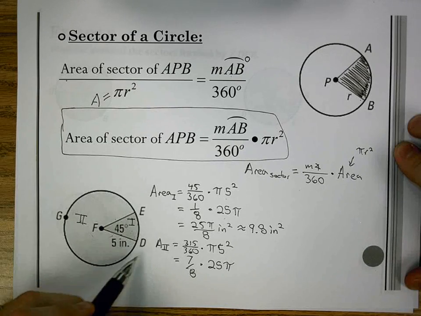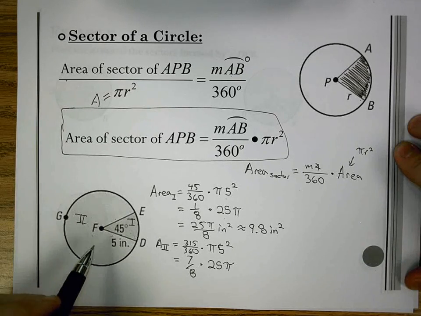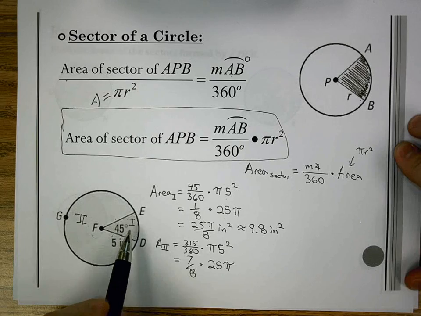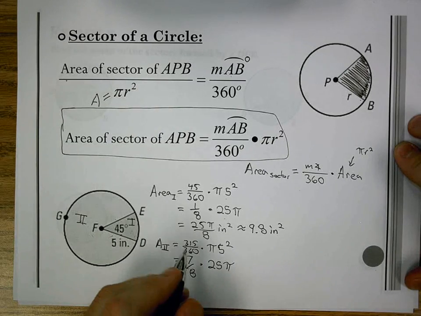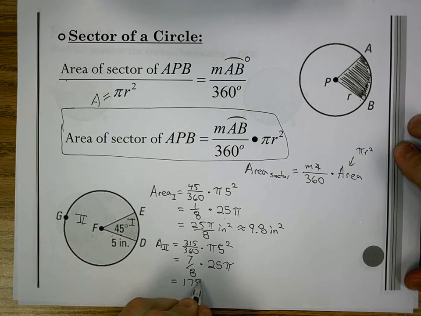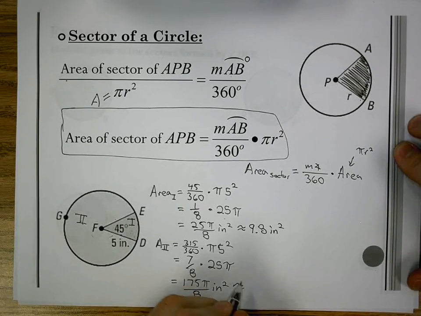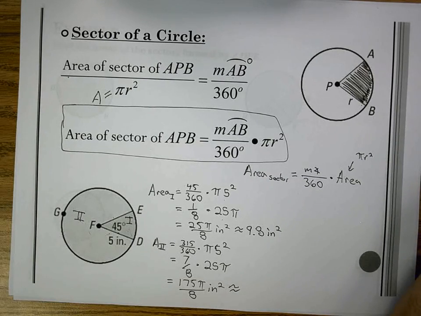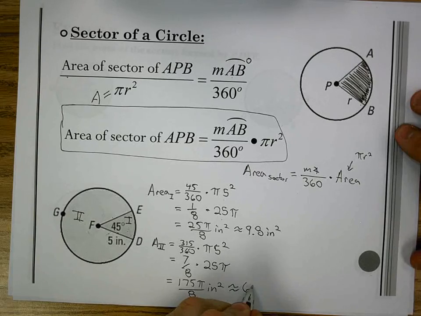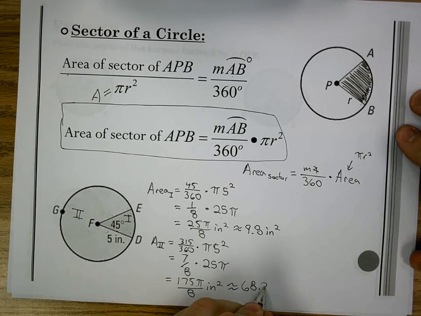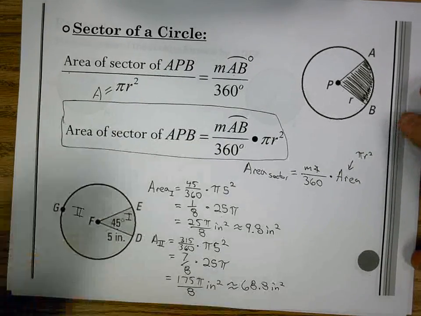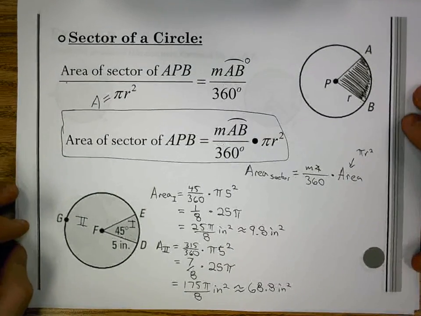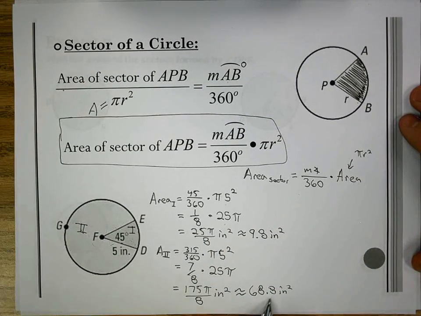25 pi is the entire area. We want 7/8 of it, or this little piece not counted. So that, simplifying it, becomes 175 pi over 8 inches squared, which is approximately 68.8 inches squared. So that's the area of the larger sector, which we can see is by far a lot